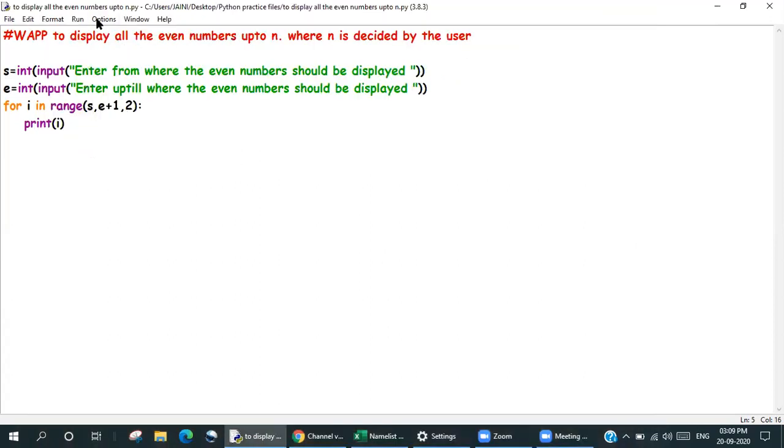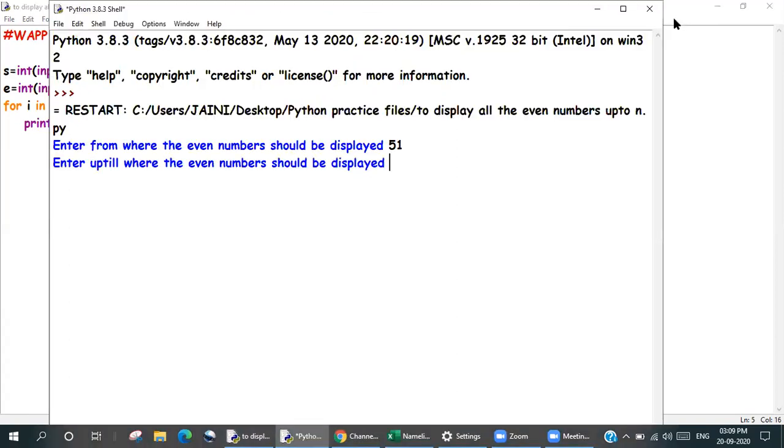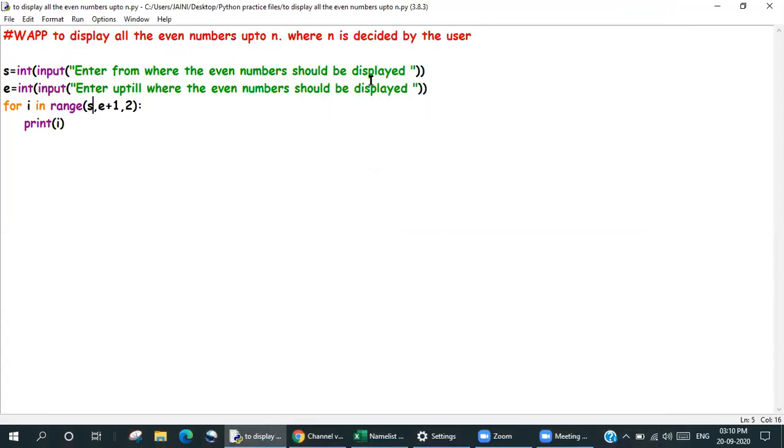Now let's start with a number that is not an even number. So I'm going to start with 51 and I'm going to stop at 59, which is again not an even number. So all my odd numbers are showing up, but I want even numbers. So this is where this particular part of the code goes wrong, because we start from start. So if you have to take the start and end from the user, then we need to put an if statement over here, which says if i divisible by 2 or remainder 2 equals to 0,